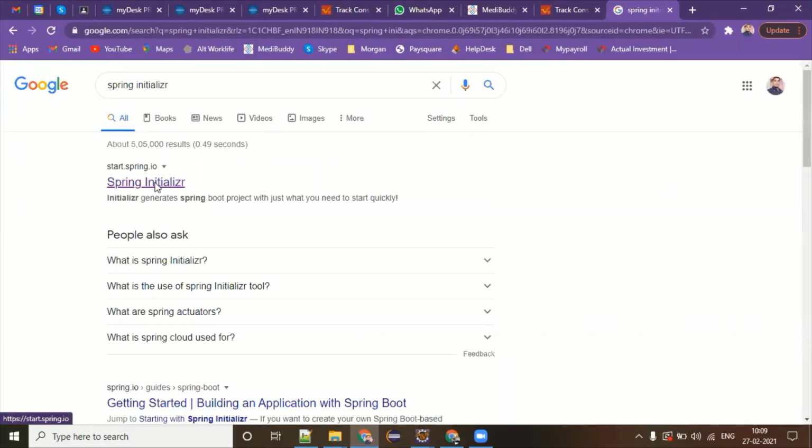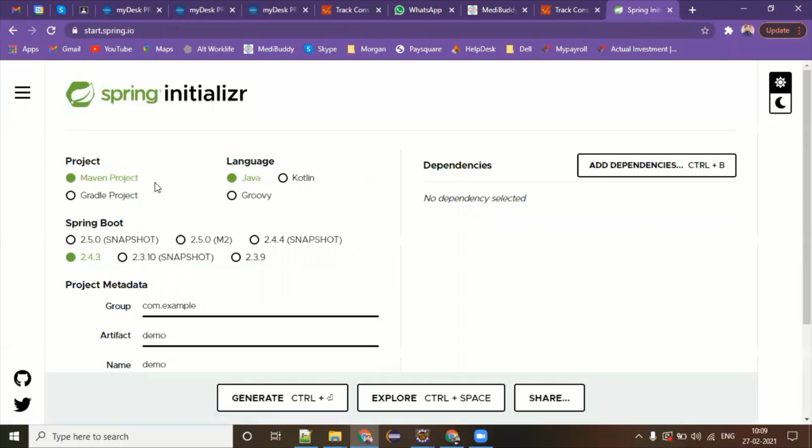The first link which you are able to see comes up something like this. So this is start.spring.io, and in the real-time world, in company projects also, people are blindly using this website to download their Hello World program of Spring Boot.